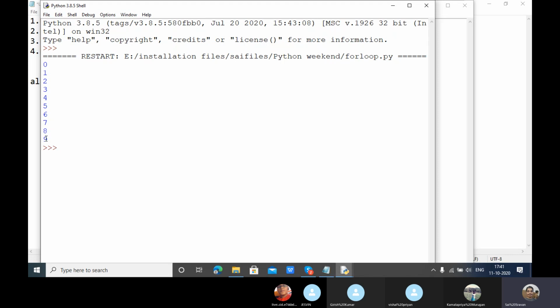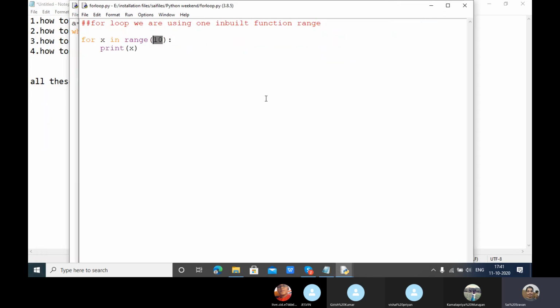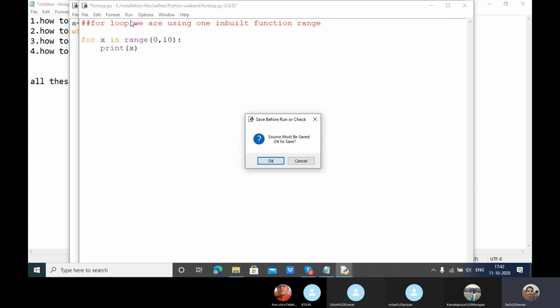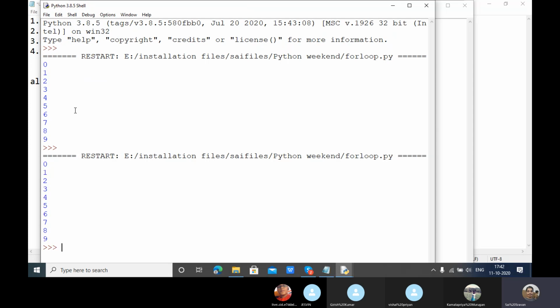With 10, starting from the index value, it will go up to 9. If you are not giving any start value, or if you give 0, 10, it will still run from 0 to 9 only, because the starting value is 0.